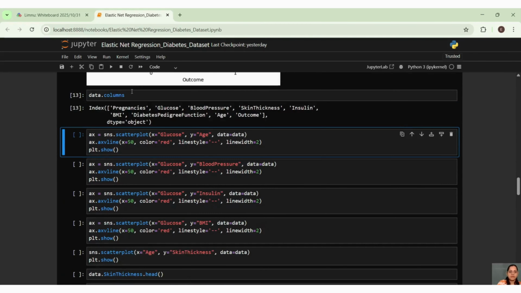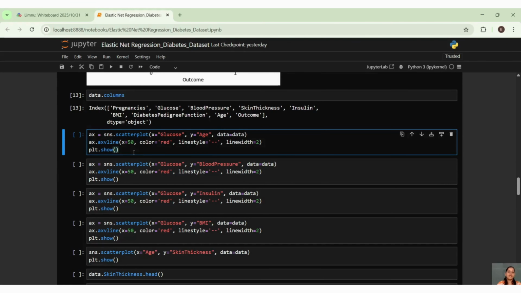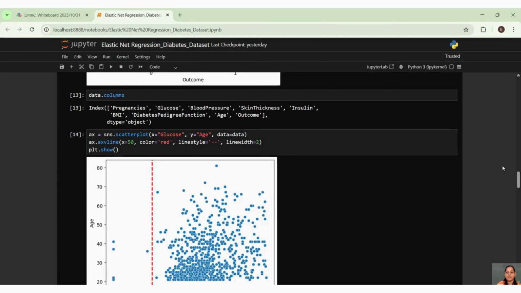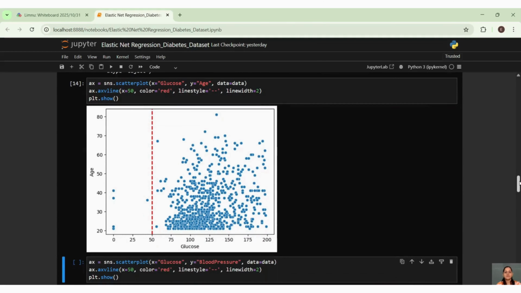Then what I did, I have taken all my continuous variables and I am trying to create my scatter plots for that, right? So the first one I have taken glucose and age. You must have heard that the more aged that person, the more glucose profile you will get in those kind of age groups, right?